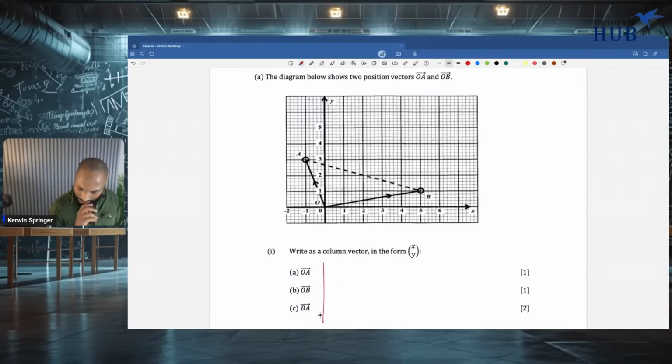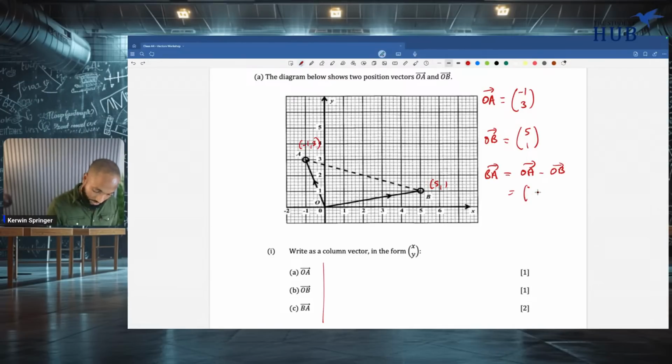Because they're actually literally giving you some coordinate geometry points. And all of this is easy. I think I did this one in class. If I want OA, I just watch where A is, -1, 3. If I want OB, watch where B is, 5, 1. Back to the easy side of vectors. BA, this is the triangle, but I write it back to front. BA is the same as OA this time, because A is the second one, minus OB.